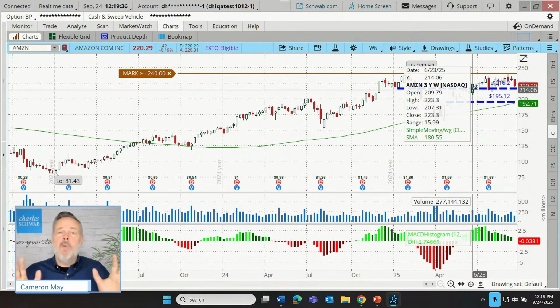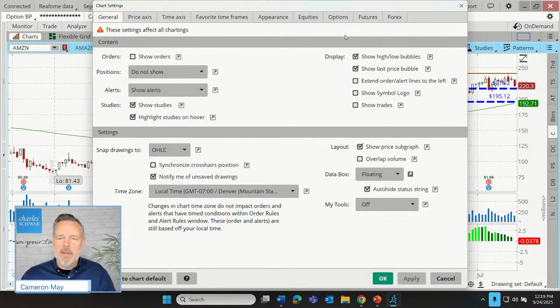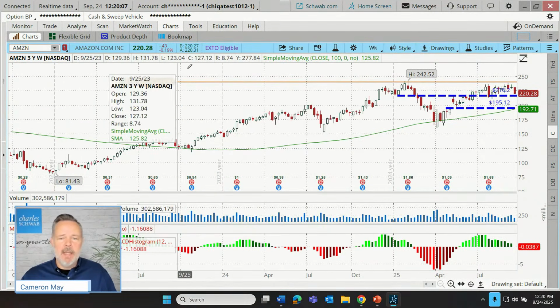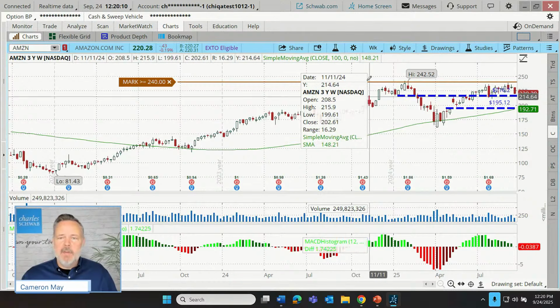And as a matter of fact, oh no, it's no longer displayed up there in the upper left. I can if I want to. Watch this. Let's go back here to the little gear. When we switch this to floating, notice there's a box there that says auto hide the status string. That's what that bar is up in the upper left that shows us all of those values by default. Well, if I don't hide it, now I have it floating and I can see it up in the upper left where we're used to seeing that. All right, let's go back up here.